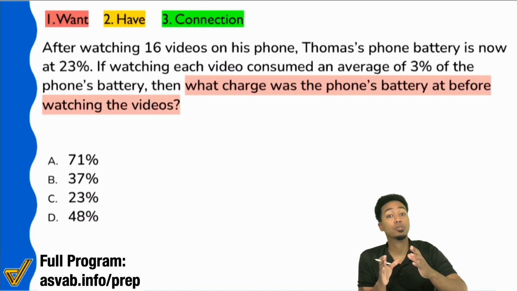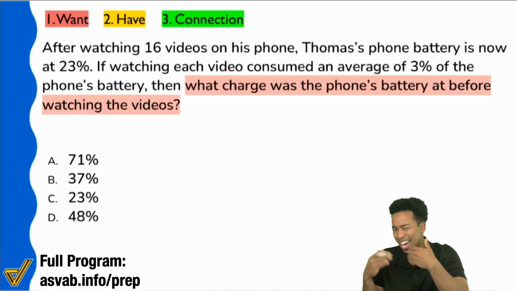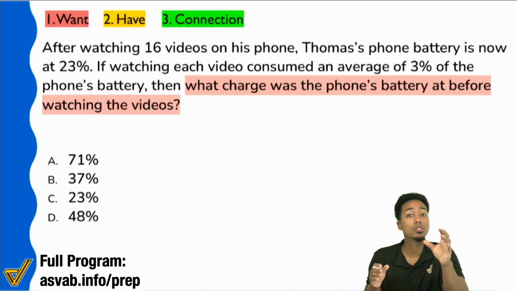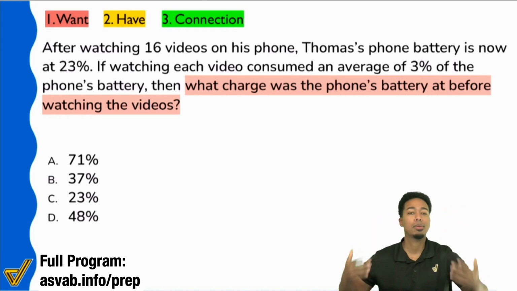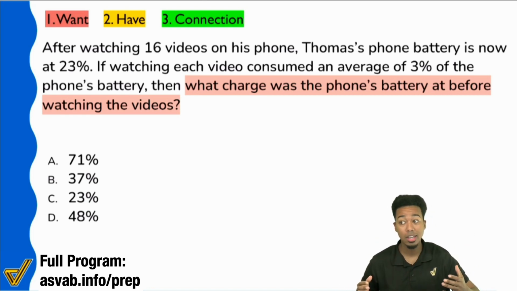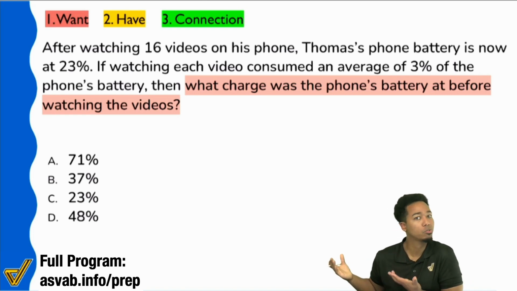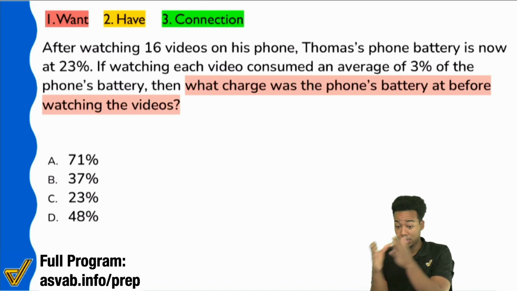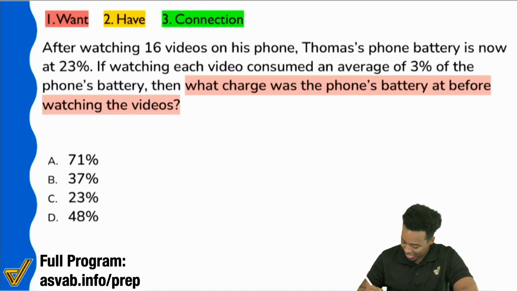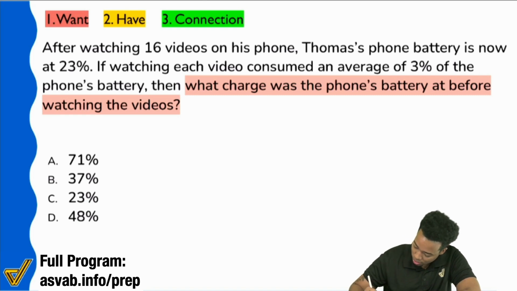So again, what I just asked was, in that question sentence, is there a piece of information that might be really important? When it comes to word problems, these are called chronological identifiers, basically a timeline. If you have a word that identifies some part of the timeline, you definitely want to pay attention to that. Because in math, a word problem is like a story, and if something happens first, second, and then last, you want to know what's going on. So right here it says before, so the phone's battery,